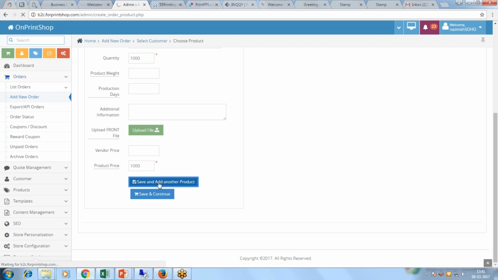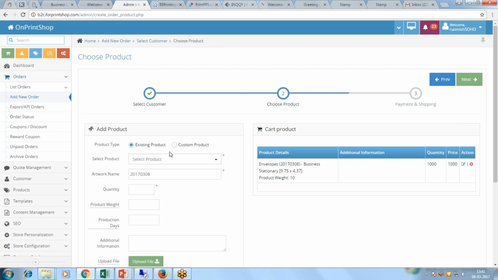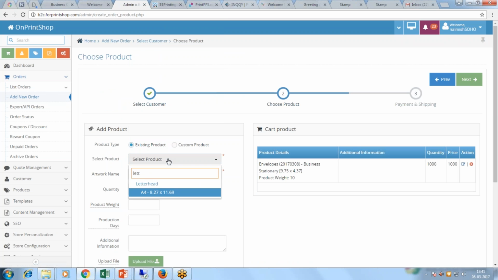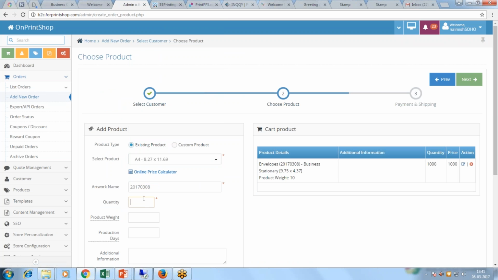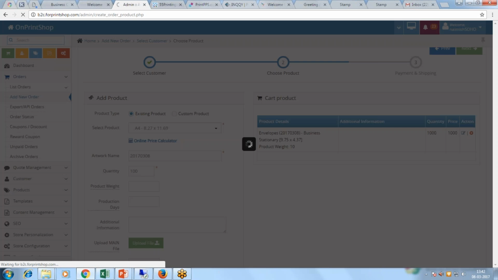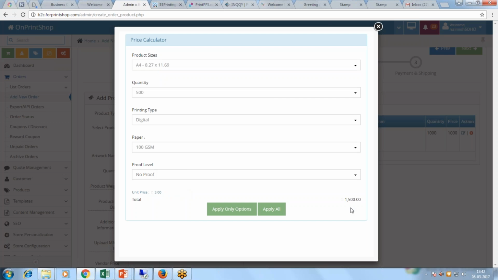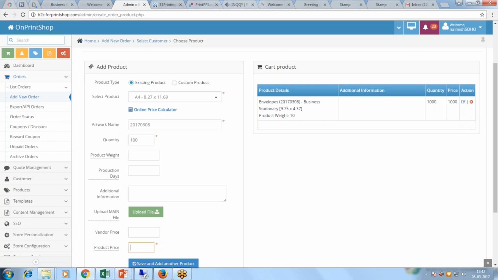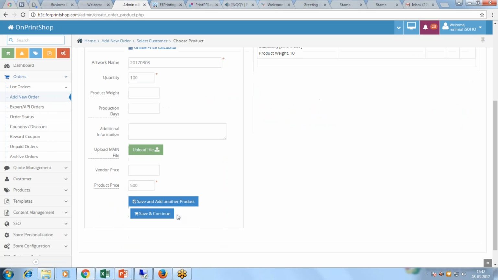And the customer says, yeah, I also would like to add a letterhead, because my customer also requires a letterhead. So just confirm an order. Here I'm saying, sir, okay, how many letterheads would you like to order? And here I can also check what our letterhead cost is, so your team member can go inside and check. He only wants to order 100, and then you can put the cost of 100 letterheads, and you are saving and continuing. So he would like to order 2 items over the phone, and we have confirmed an order